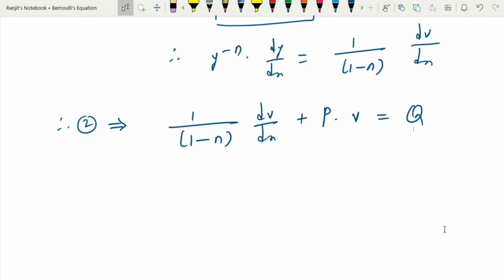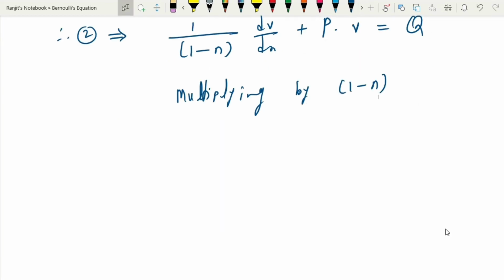Now multiplying this equation by 1 minus n,